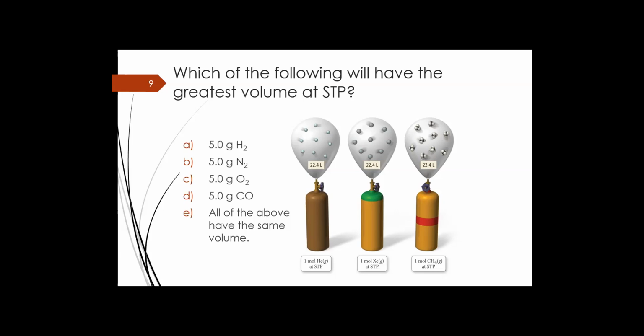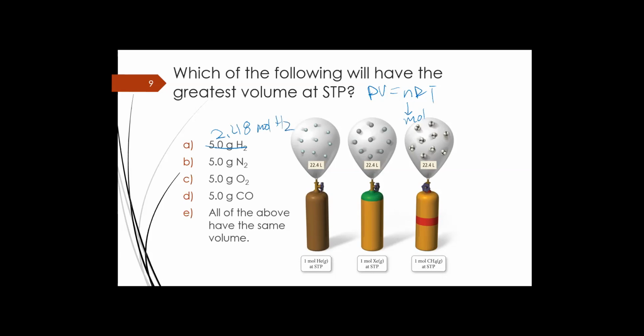Now, when we're looking at this, remember that our equation for gases, PV equals nRT, is our ideal gas equation. When it's talking about the amount of material there, that's showing up as our n term, and that's our moles. Now, over on our left, that's our mass. And so while that's talking about the amount of material, it's not talking about the moles of material. And so we need to first convert all of those into our moles. So we need to change our H2 into our moles of H2. And we can do that by dividing by its molar mass, which is 1.00794 times 2. And so 5 grams divided by that gives us 2.48